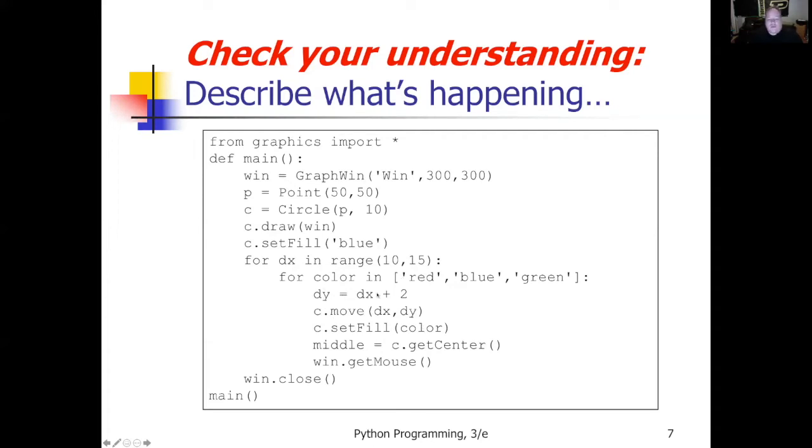dy equals dx plus 2. So I'm creating this other variable, dy, it's whatever dx was, starts as 10, plus 2. Move the circle by dx dy. dx started as 10, dy was 12. So it moved the circle 10 by 12. It changed its fill color to whatever the next fill color is. It got the center of the circle, and then this command,